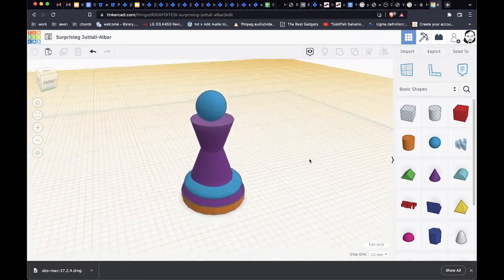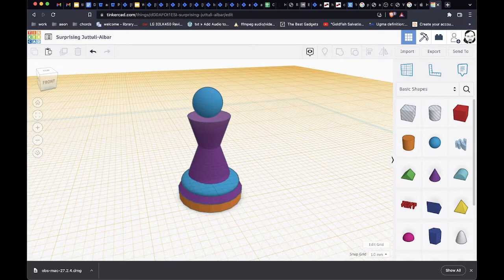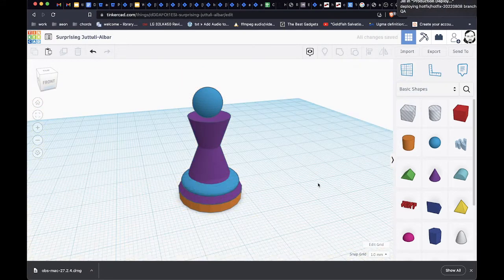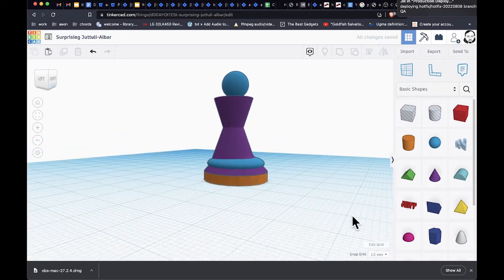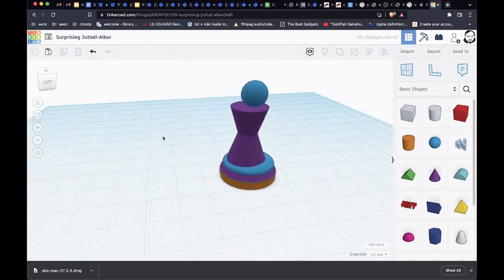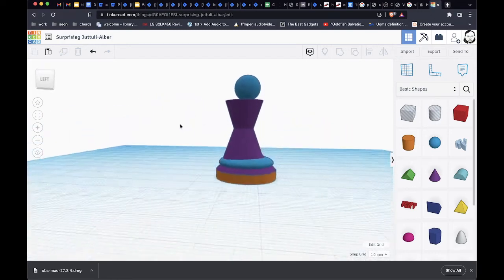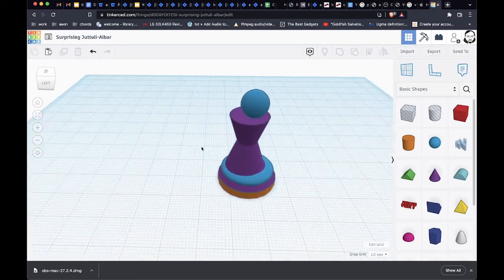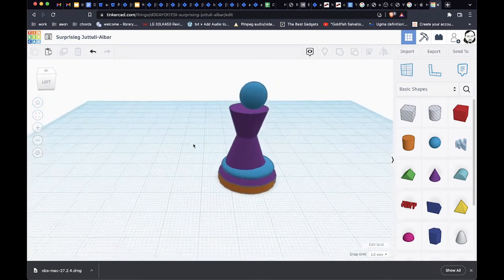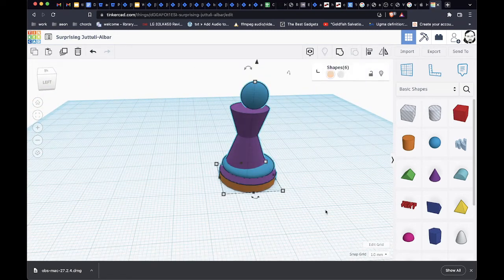So before we proceed to anything, let's reset the work plane. So just click on the work plane, then click anything anywhere else, then it will set to the base work plane. Now as you can see, everything is not quite centered,